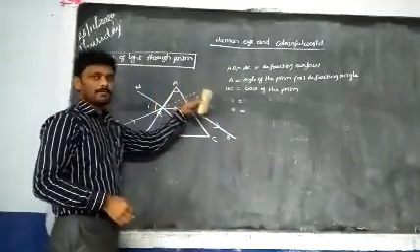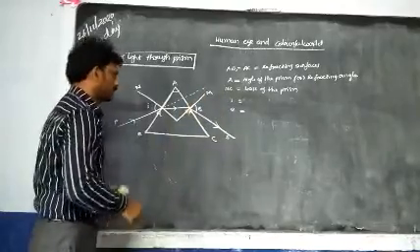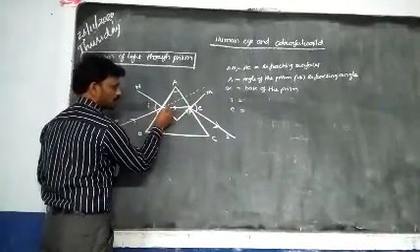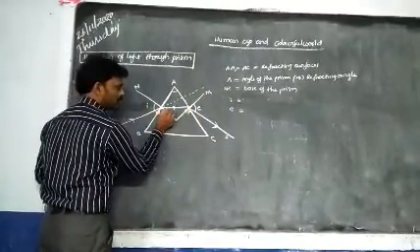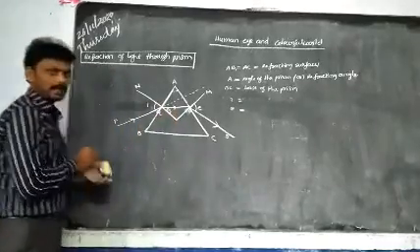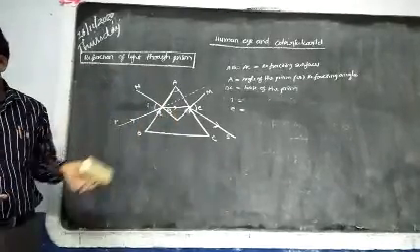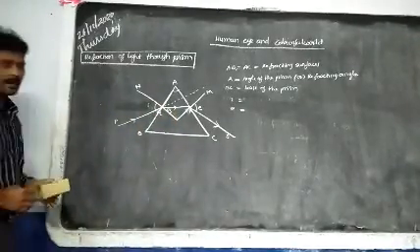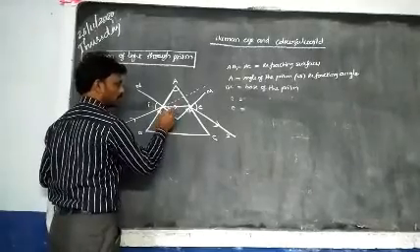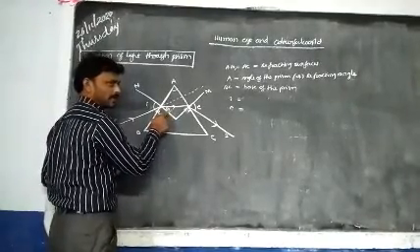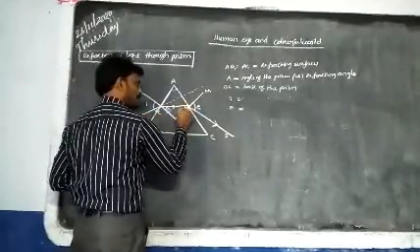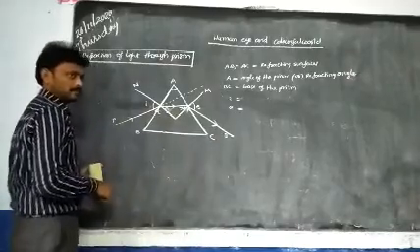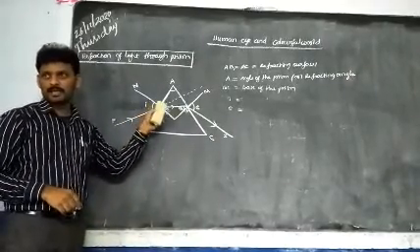What is this, N and M? Normals. Here light undergoes refraction. There is some angle at the first surface, I will write it as R1, the angle of refraction at the first surface. They are writing only R, so you can also follow R here. Angle of refraction R. Here also the angle of refraction is R. Remember this.